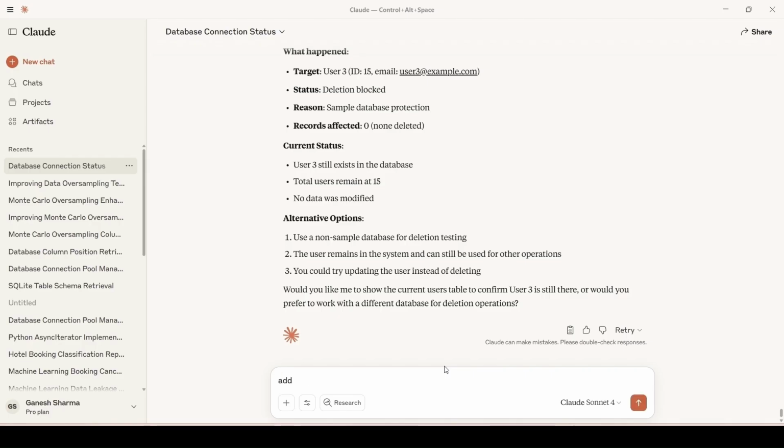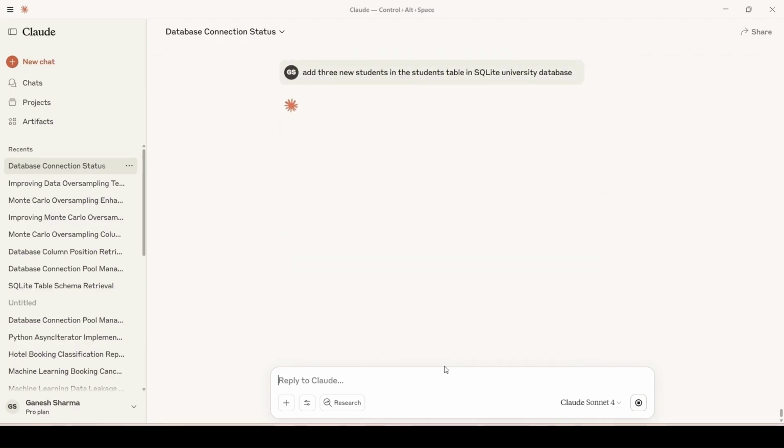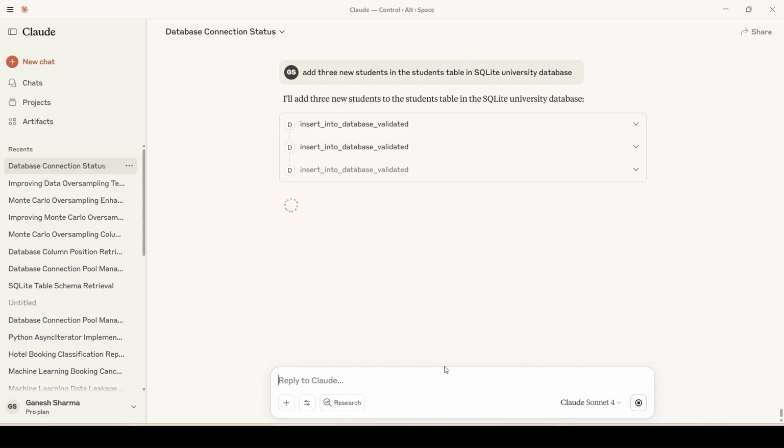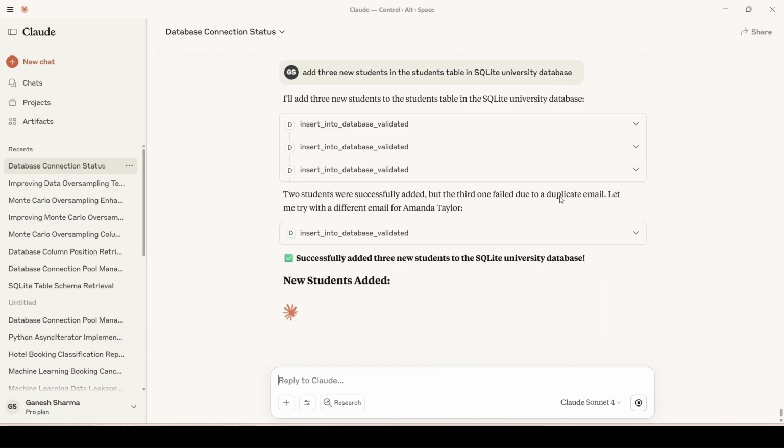We will type: add three new students in the students table in, let's say, SQLite University database. So it says that it will add three new students to the students table in the SQLite University database, and it has performed three new insertion operations, one for each new record,